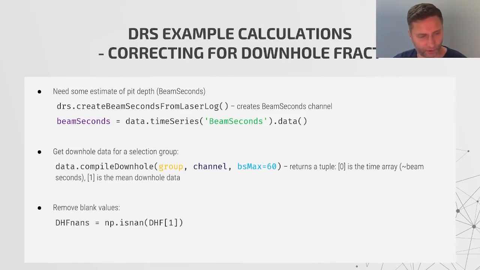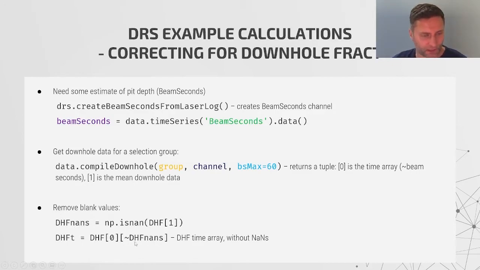So we can get rid of those by using numpy's isnan function, and we just pass it the tuple we returned as a variable called DHF for our downhole fractionation data, and in position 1 we have the mean downhole data. This will create an array that is true wherever there is a nan, and then we can use this